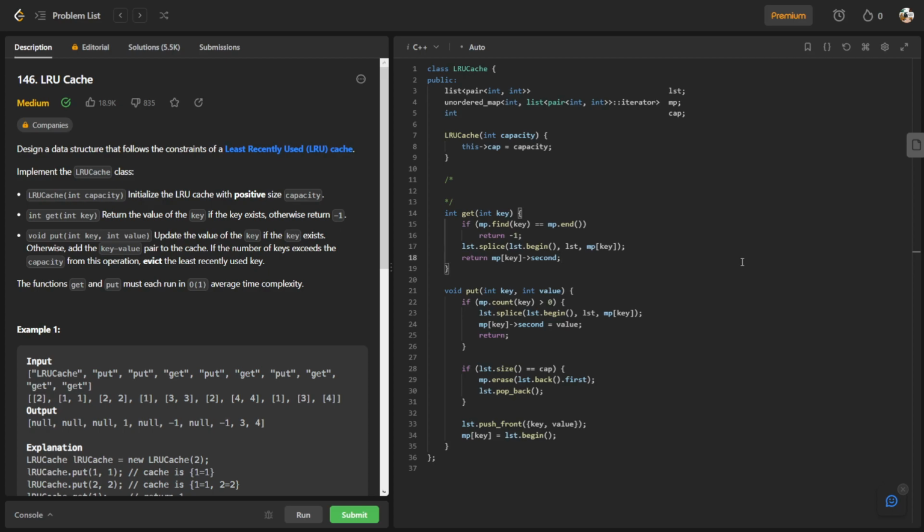LeetCode Problem 146, LRU Cache. So this problem wants us to implement a class called LRU Cache, and here they have some different things they want us to do. So in the constructor,